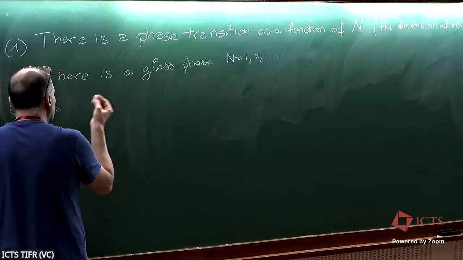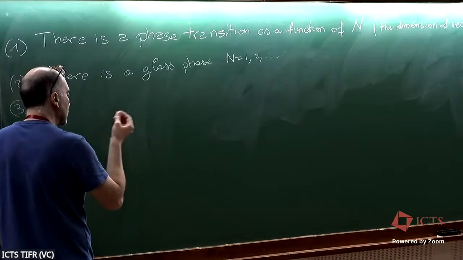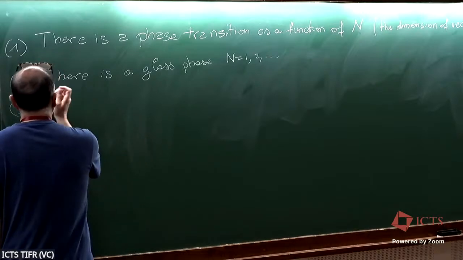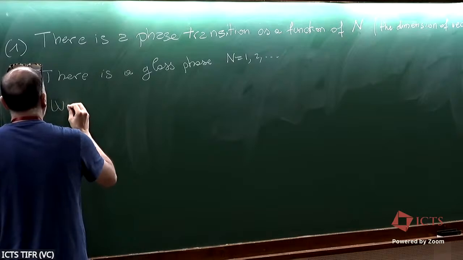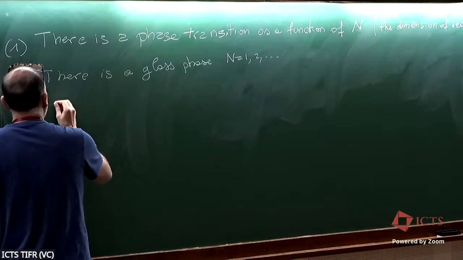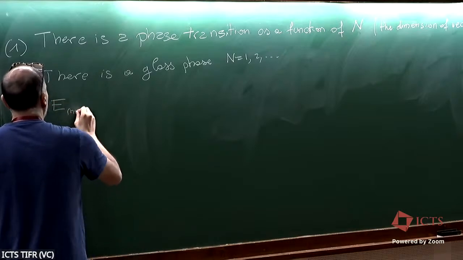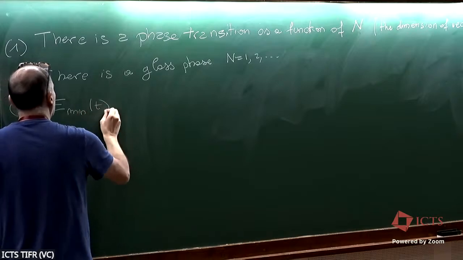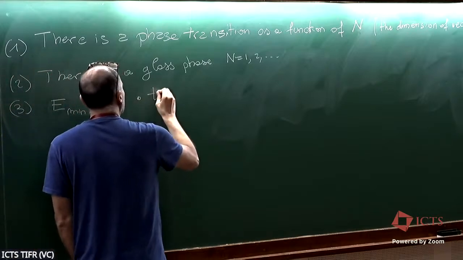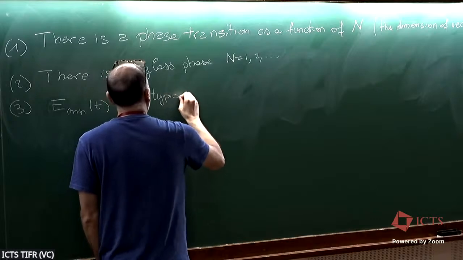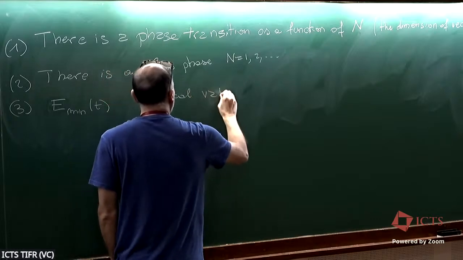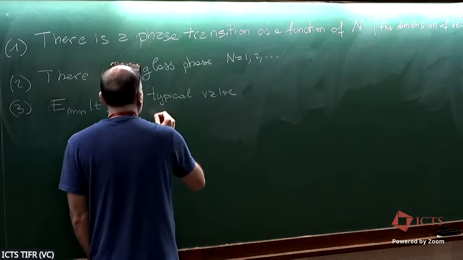So it will be, again, self-averaging and extensive, okay? But E mean of T, what we would like to know is the typical value, which should be deterministic, the fluctuations,